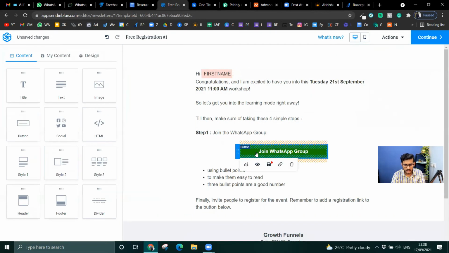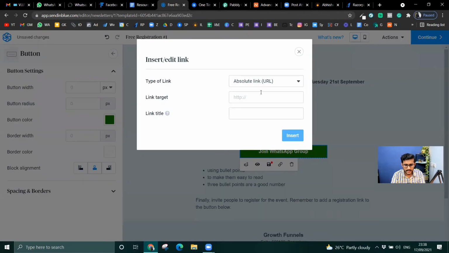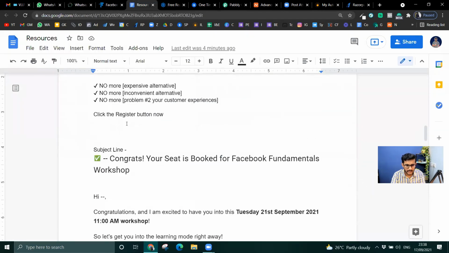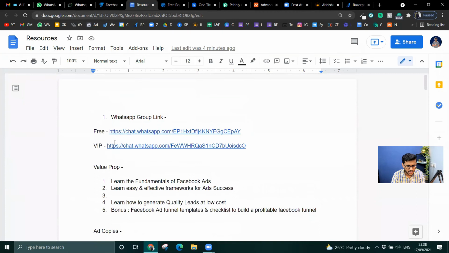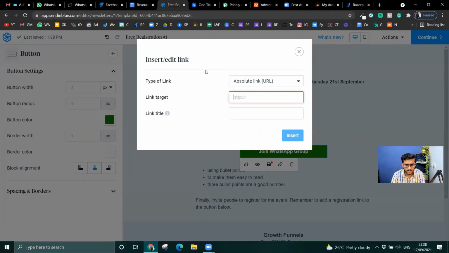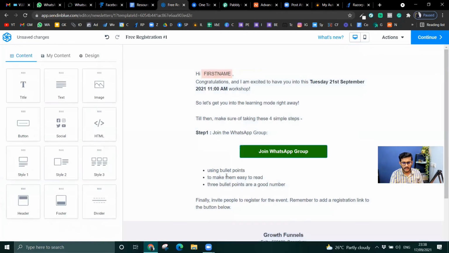So this is what I'm going to do. I'm going to link it. The link would be again coming back to resources, which is a free group. This one, copy the link, come back to this, paste it. WhatsApp group, insert.